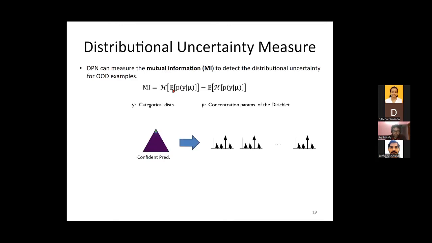So mutual information says that we take the average representation and take the entropy of that average representation, minus the entropy of each of these representations, and then take the average of that. So basically what it means is, if we have one simplex, and this is very highly confident, then